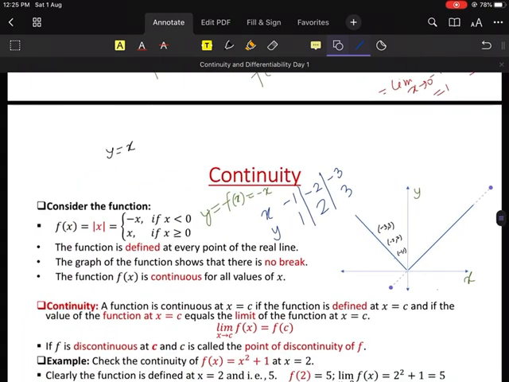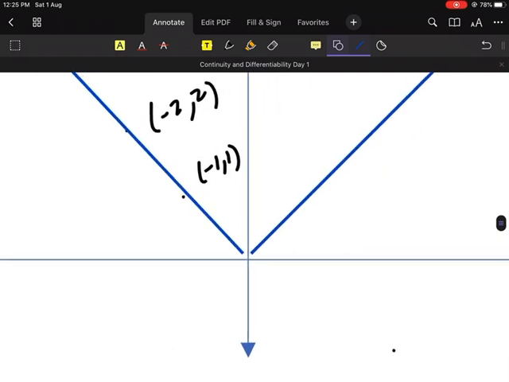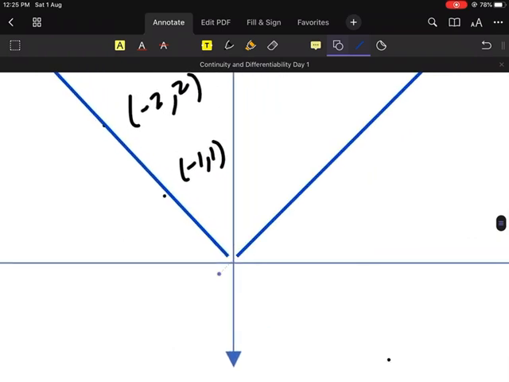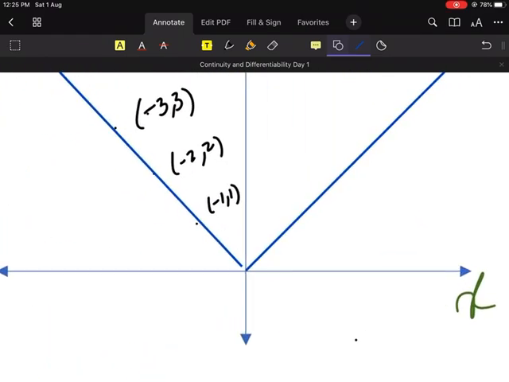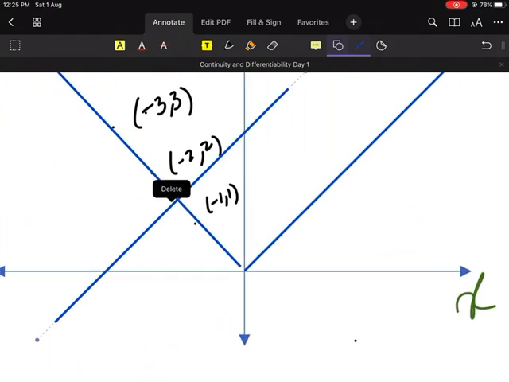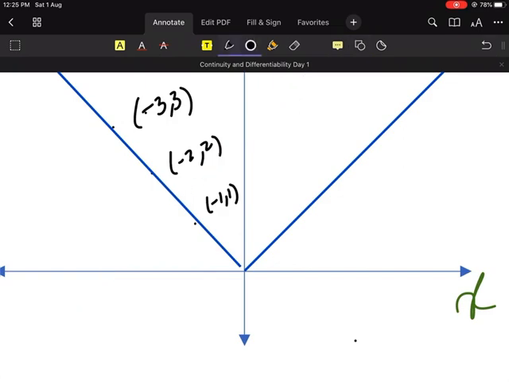Yes. Now, can you tell me at the point x equal to 0, what is y equal to? At the point x equal to 0, y is equal to 0. Yes or no? Put 0 in here, 0. So if I have to draw the graph, you see, it will coincide at the point 0. Why? Because they are both equal to 0 when x equals 0.